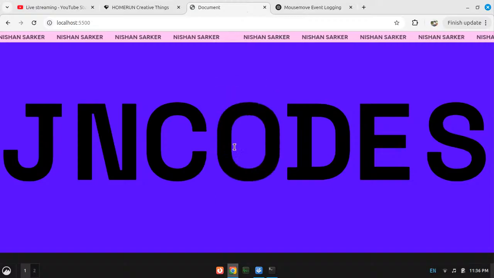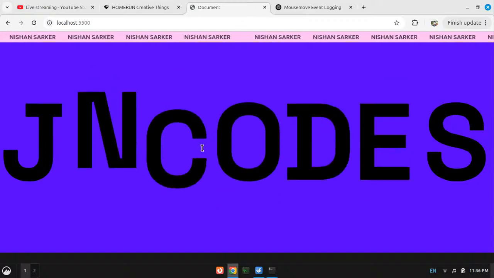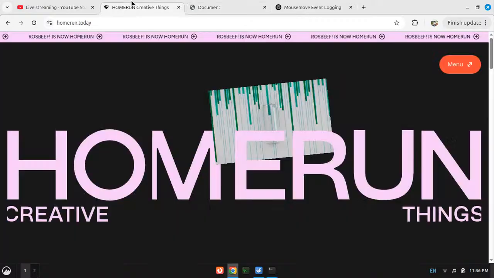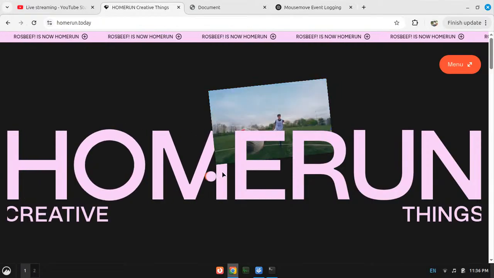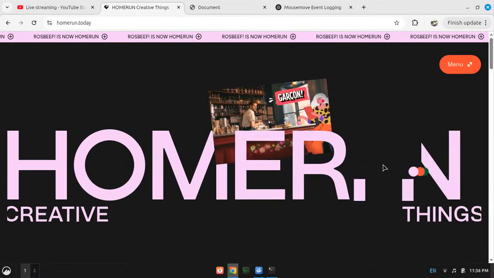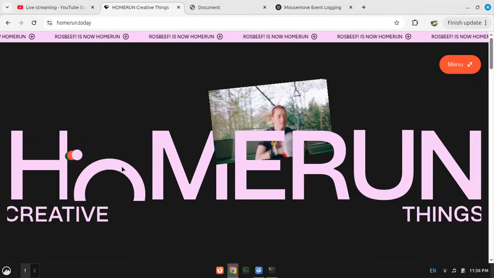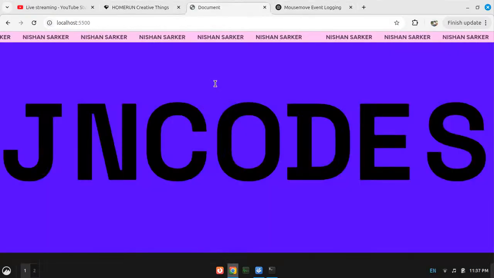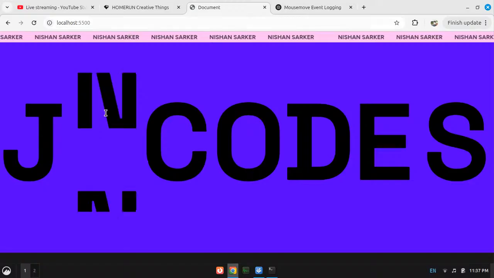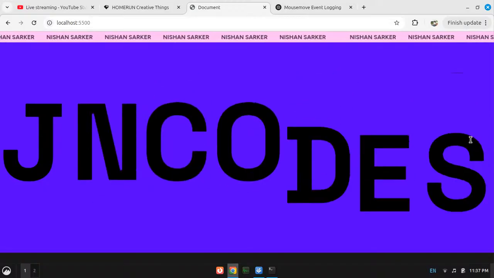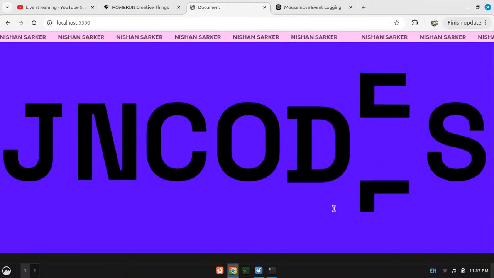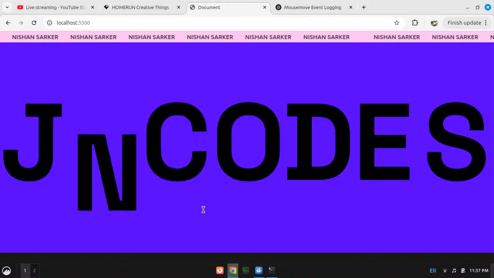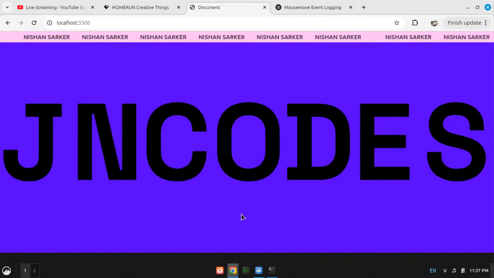But what I need to do is still not accomplished. I need to actually get this kind of thing where they are going to be in different positions, right? Now all of them are coming from top to bottom. That's how it is working, but I need them to come from random directions. For that it's a little bit tricky because I have to assign the values for all of them.